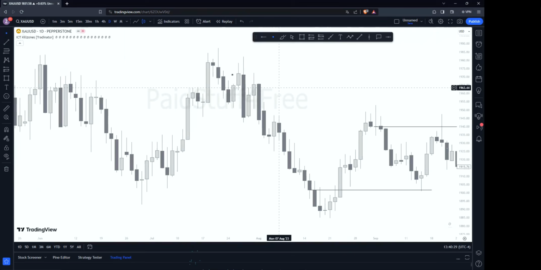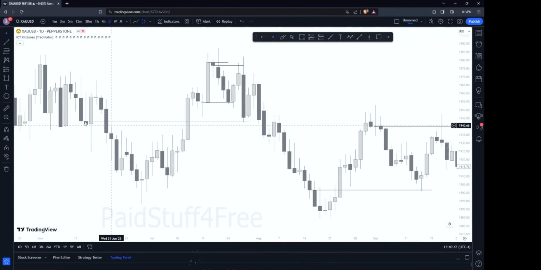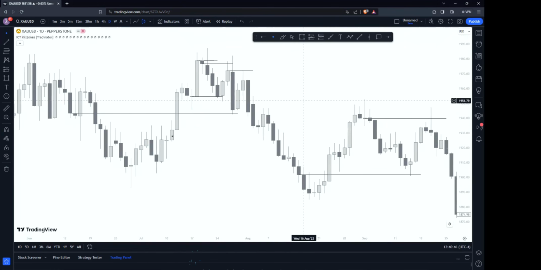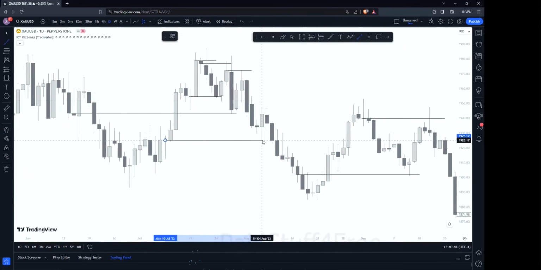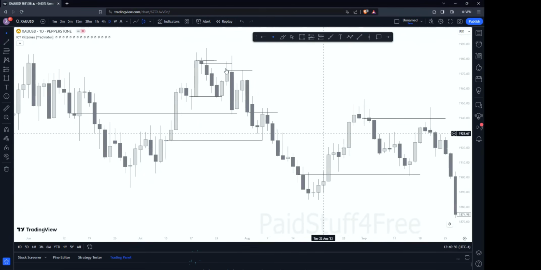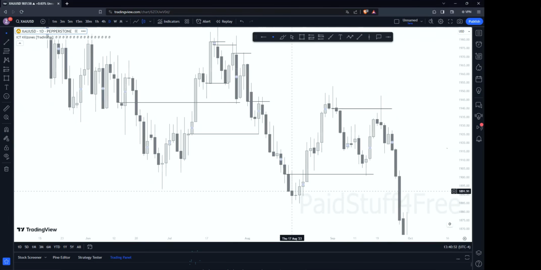So let's say price started the sell from here, bought from here, sold again from here, okay? Where did this buy from? This is not random. Let's take this. Boom, gap. See that? Gap, fresh, go up, started the sell from here, bought again from here, sold again from here. See how accurate this is?